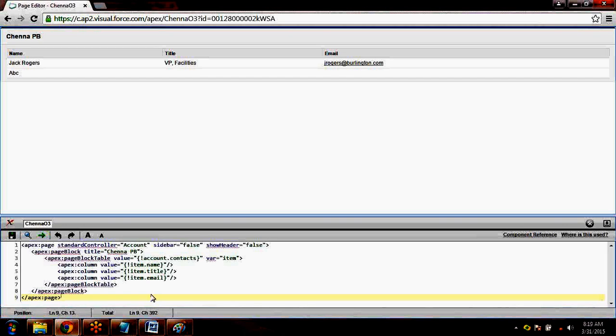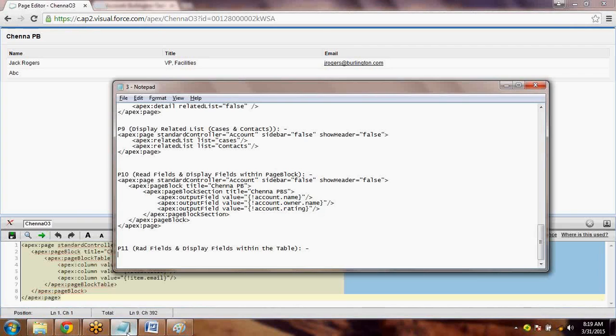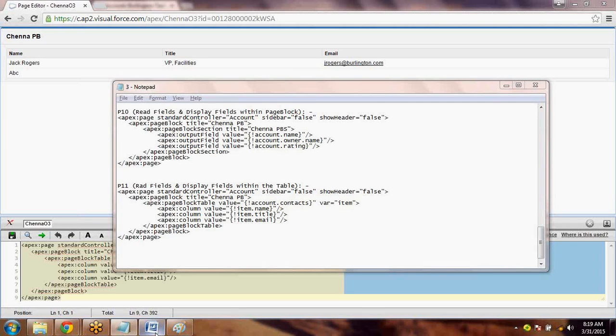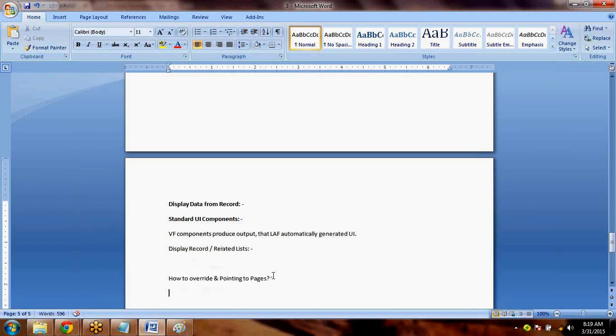Okay, so this is about reading the fields and putting them in the table. The next thing is how to override and point to our pages. Pointing to pages, so please see this. The concept is: